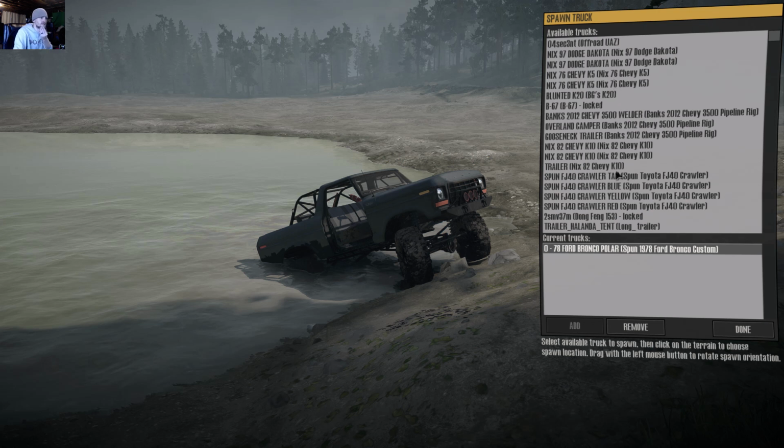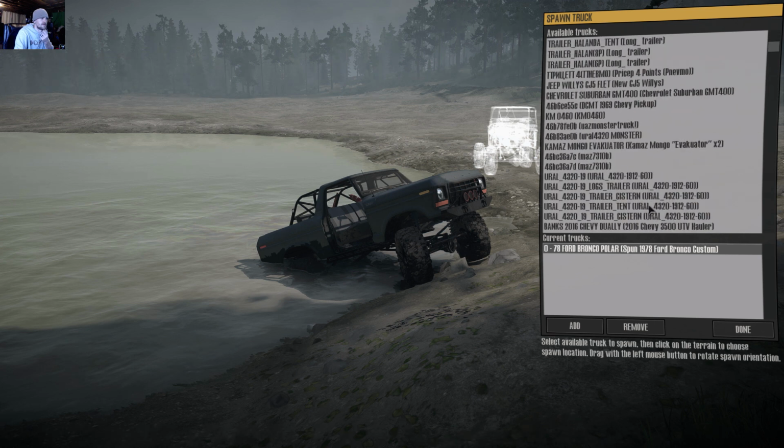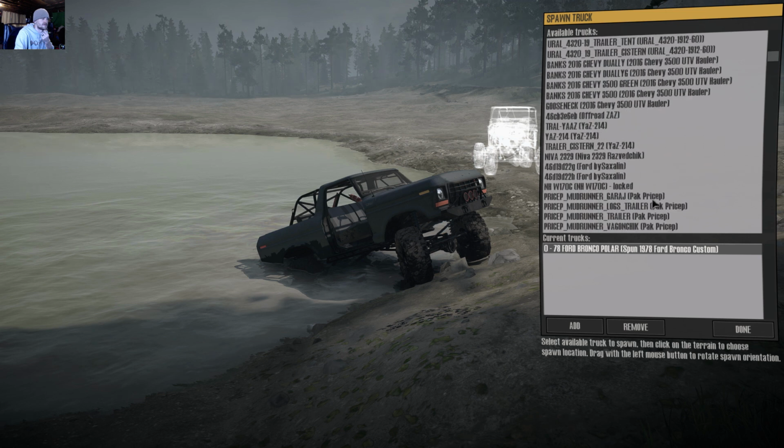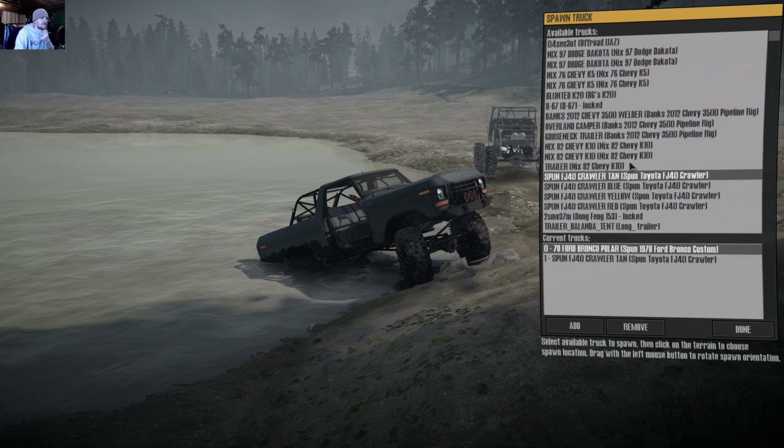It was the Toyota FJ Crawler. Yeah, fun. Oh, I did have a camera on. That's okay, we'll do the same. Oh, that's not the same thing. Same person though. That is a nice truck though. We will go ahead and add that one in there. That'll be our